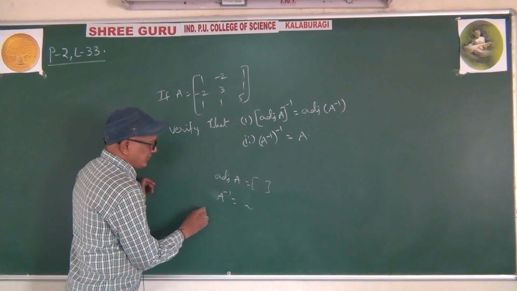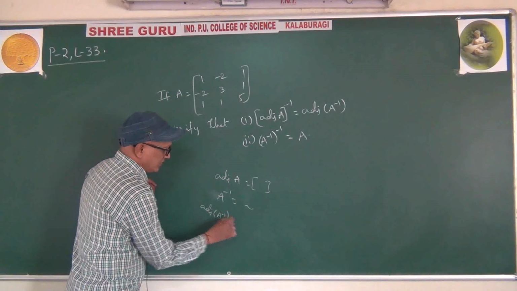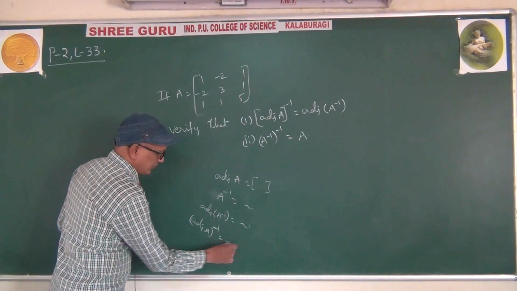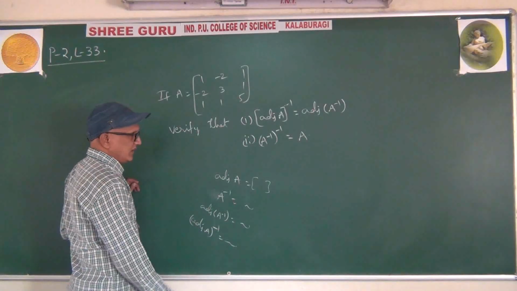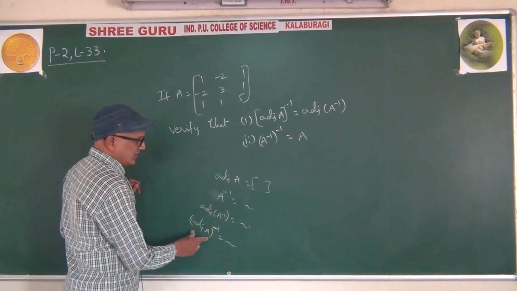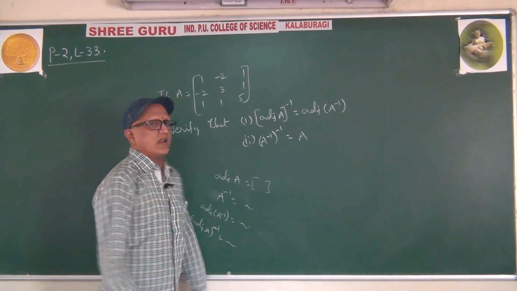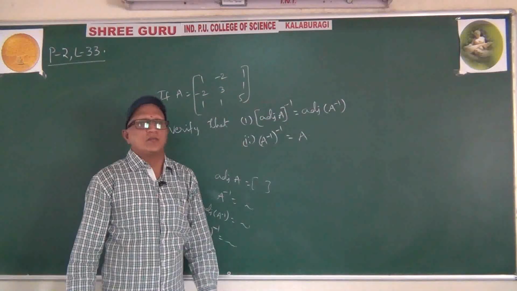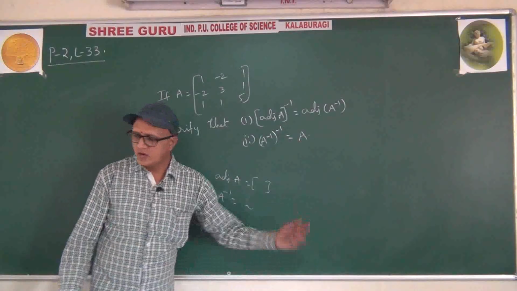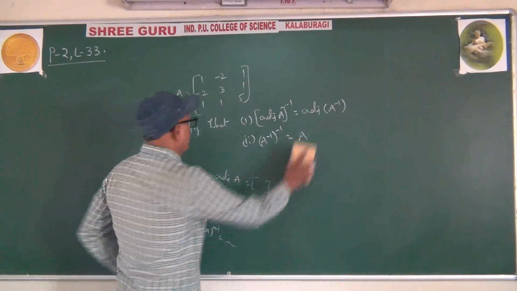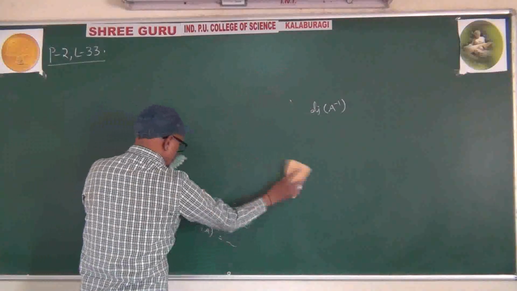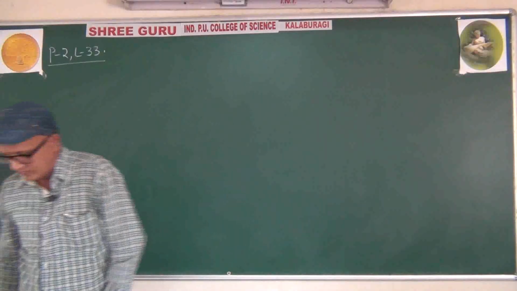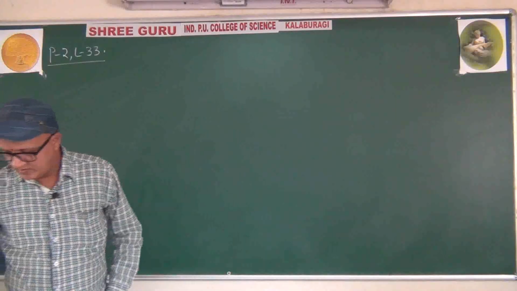Then adjoint A inverse. Then you get A inverse also from this. Then what we have to find? Adjoint of A inverse. Okay? Adjoint A whole inverse. Then try to check whether these two are correct or not. Adjoint of A inverse, adjoint of A whole inverse, whether both are equal or not. A inverse we get. For that again find inverse one more time. We get A. That you have to verify. Okay, this question also homework.